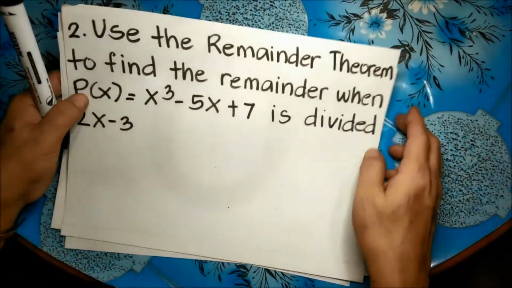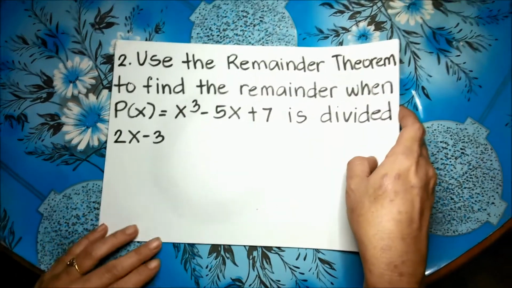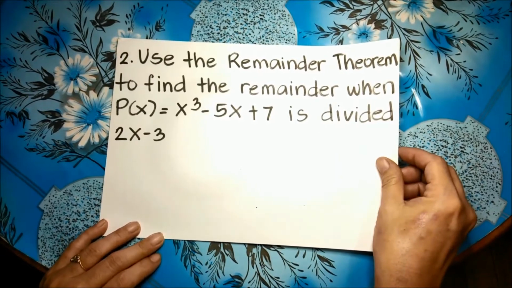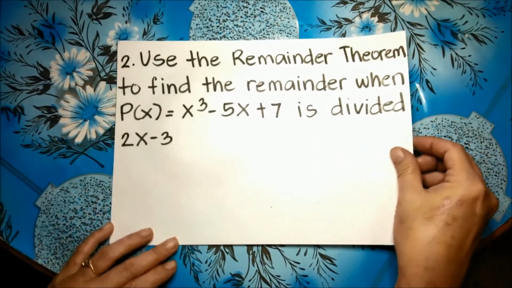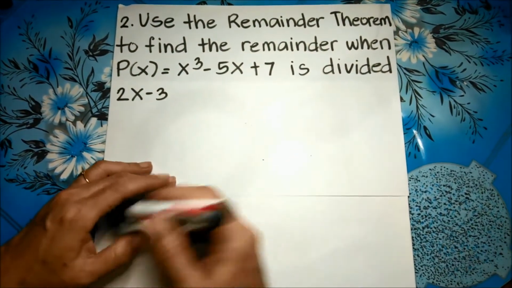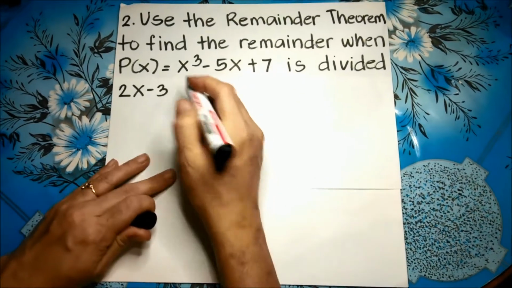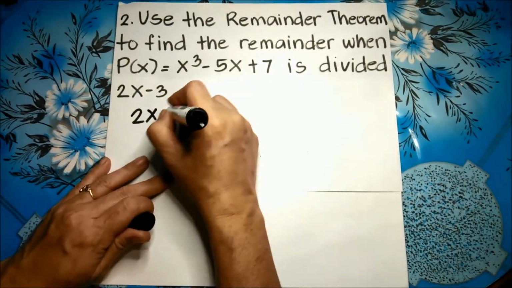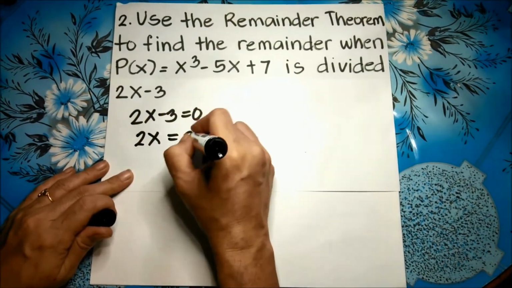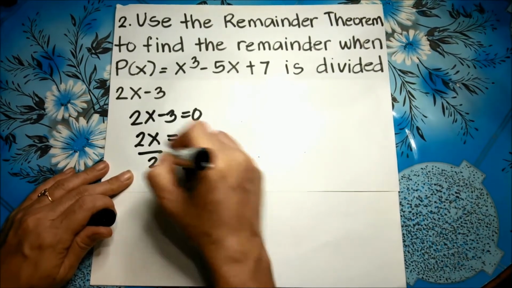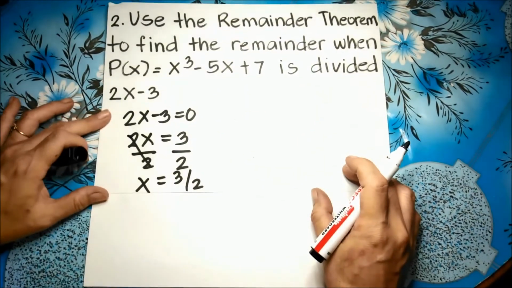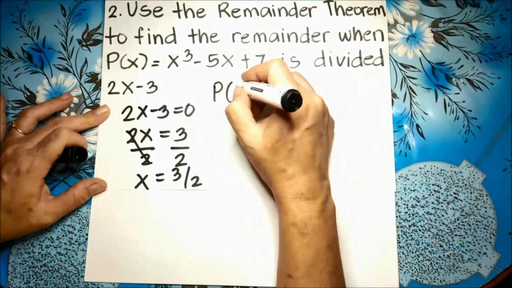Use the remainder theorem to find the remainder when p of x equals x cubed minus 5x plus 7 is divided by 2x minus 3. So again, let us rewrite 2x minus 3 to get the value of x. So we have here 2x minus 3 equal to 0. So 2x is equal to 3, divide both sides by 2. So x is 3 halves. So using the remainder theorem, we have p of 3 halves